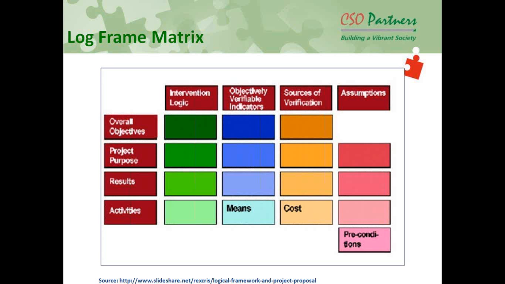Now, this will help you see how to plan your activities: when what kind of output is expected, when what kind of outcome is expected, and when the objective is expected. You can simply develop this kind of matrix, and this is just an activity schedule we have given. Like if these are the 10 activities to be done, then in month 1 what are the activities, month 2 what are the activities, month 5 what are the activities, in year 1 what are the activities, so that